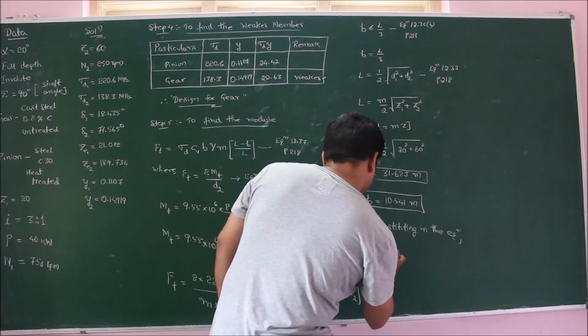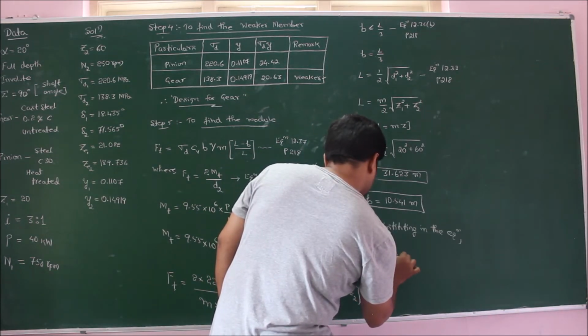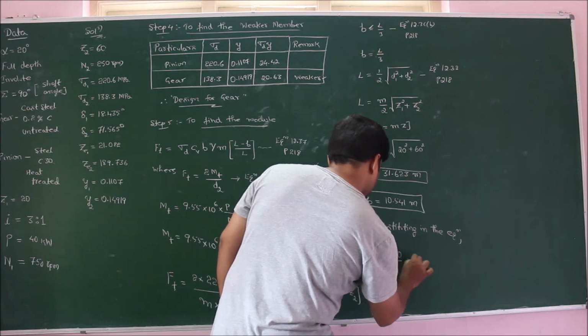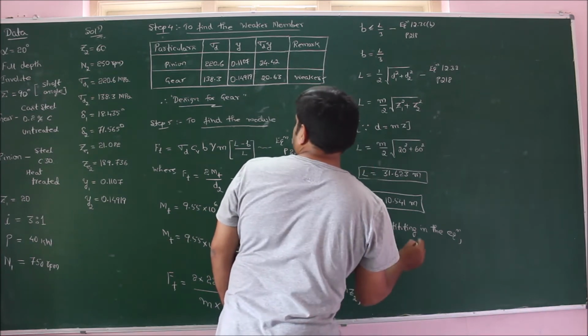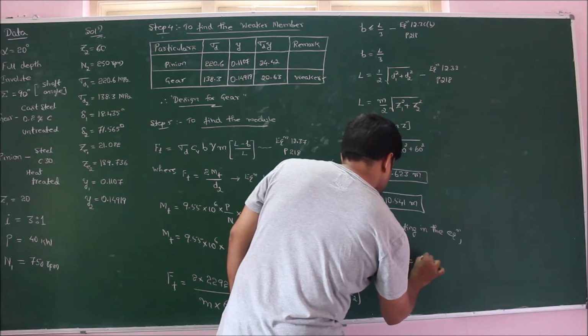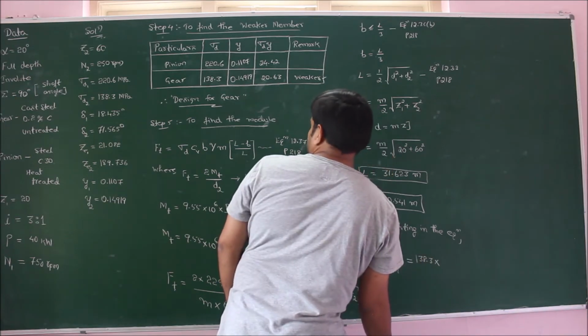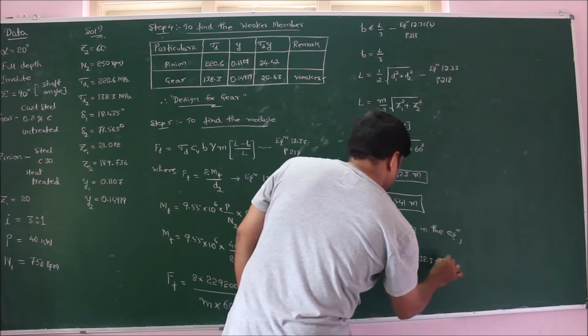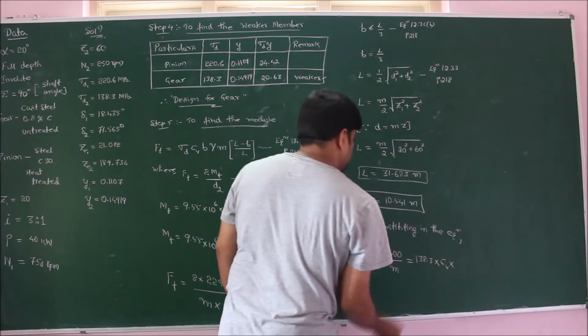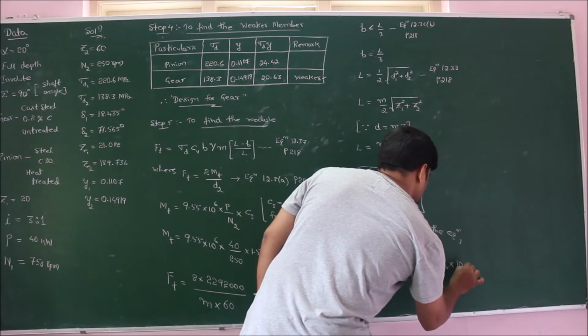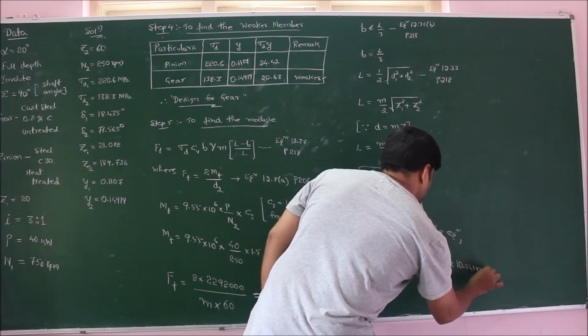Ft is 76,400 by m, which is equal to sigma d2. Sigma d2 is 138.3 times CV, which should be kept as it is, times b, known to us as 10.541 times the module,